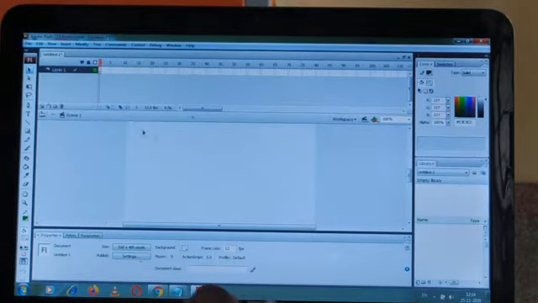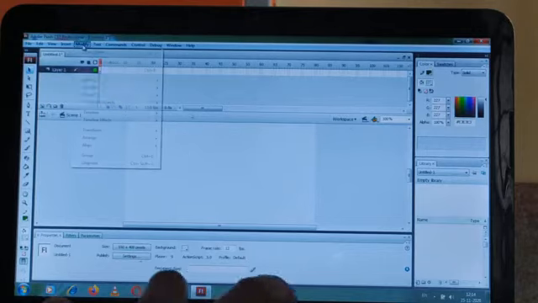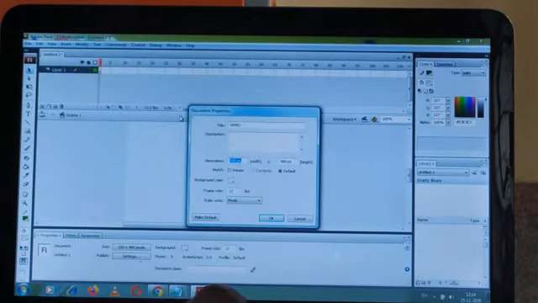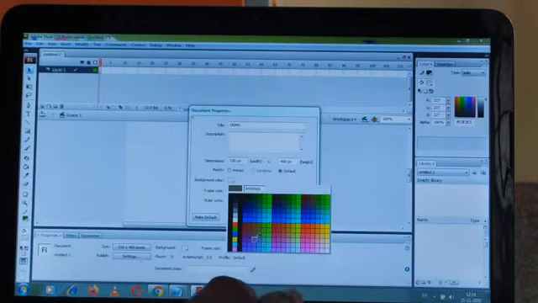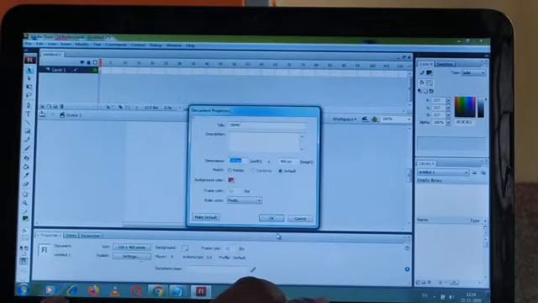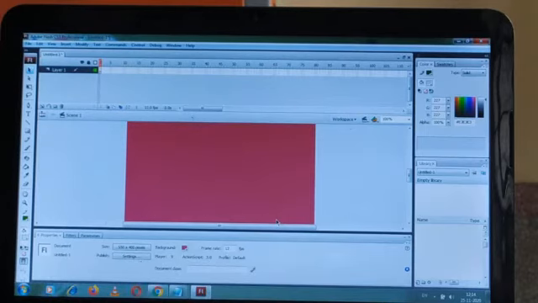I am not changing the values in stage size. Okay, if you want to change, then you can again modify it and click on the document property, just like that. I am changing the background color, so it will be easy for you to understand. Okay, just like that. Here I am changing the background color of the stage. Each time when you open Flash, this application opens a new file with the default setting for a movie. Okay, so you have to set all the document properties first to create a file.